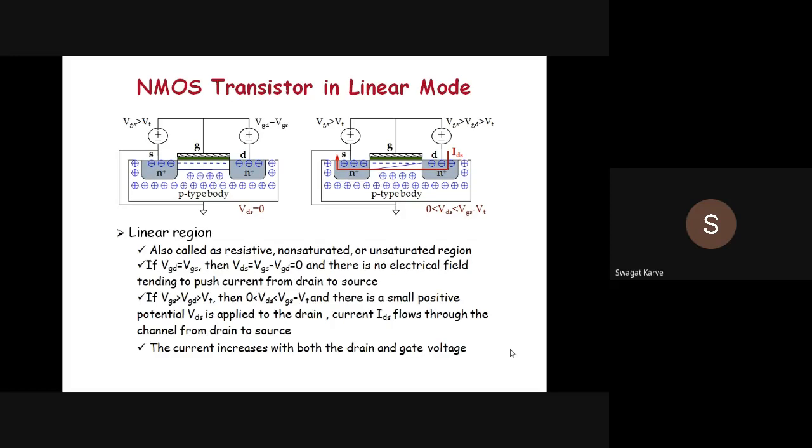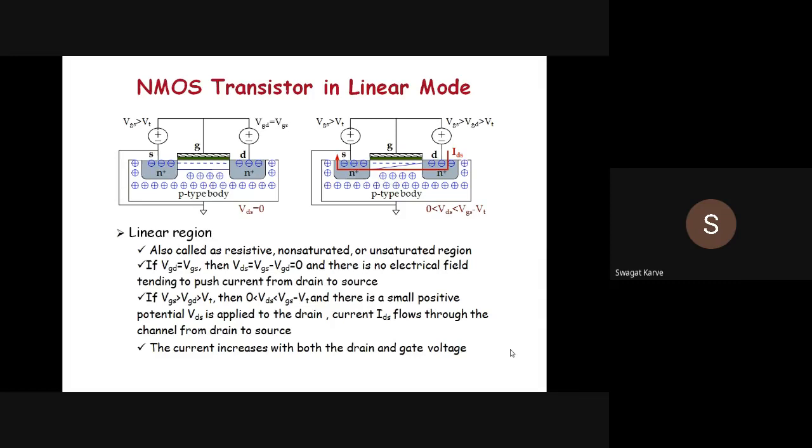Then and only then will your MOS transistor enter into a linear mode. The formation of the channel will take place, and you will get a current IDS, that is the drain to source current, or we are calling it the drain current, right? So it always flows through the channel. When you satisfy those two conditions, then between the drain and source a small channel will form and the current will start flowing from the drain to source, and we are calling it the drain current, right?